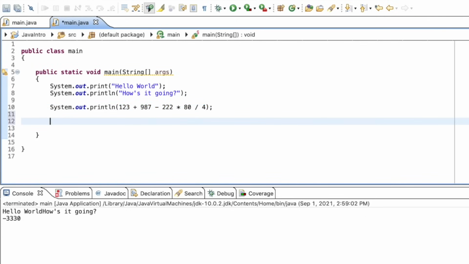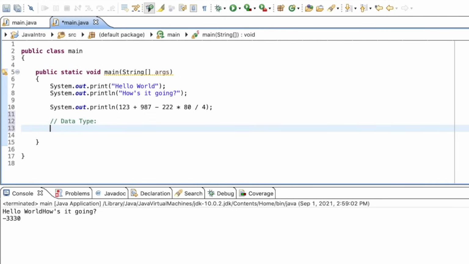So next what I want to go over with you guys is a concept in Java called data types. So different values in Java are going to be stored in different ways. And what I mean by that is if we want to create a variable for a number, it's going to be created a little bit differently than if we wanted to make a variable for a string. And so just to quickly recap what a data type is,